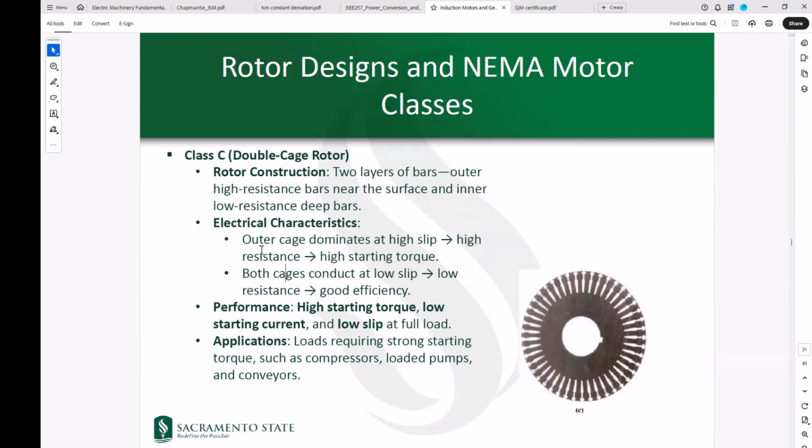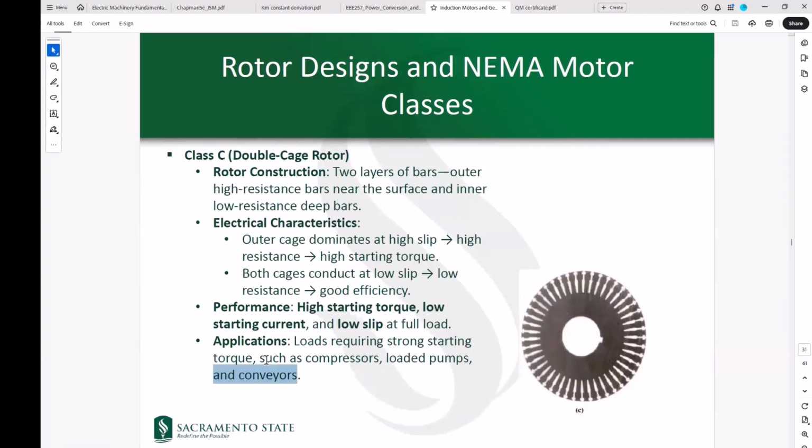The characteristics are: the outer cage dominates at high slip, or high resistance, or high starting torque. And both cages conduct at low slip, which gives us low resistance and good efficiency. So the performance would be high starting torque, low starting current, and low slip at full load. The applications would be loads requiring strong starting torque, such as compressors, loaded pumps, and conveyors. So this is overall giving you basically higher starting torque